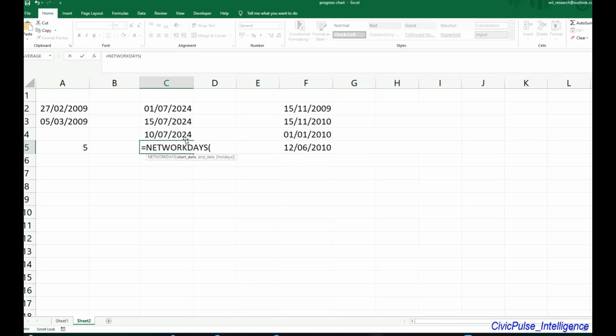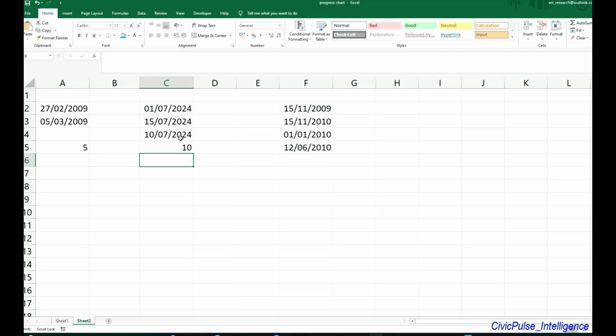So I'm selecting my start date again and my end date. Then I'm going to be using the third argument, which is the holiday argument. So now I'm adding the holiday to my date. So you see, easy peasy Japanesey. Excel is showing me the number of days that we have between my start date and my end date, excluding the holiday that I have added to the argument for the